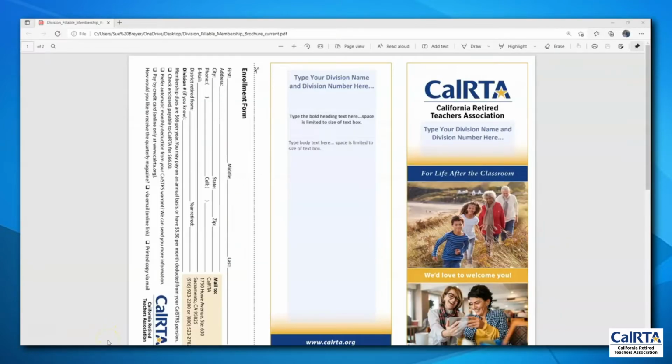First, though, let's take a look at CalRTA's new customizable PDF brochure. Now, many divisions were looking for a user-friendly brochure that they could create, customize, print, and distribute at various events. As you can see here, the brochure has 3 panels on one side, including this title panel right here